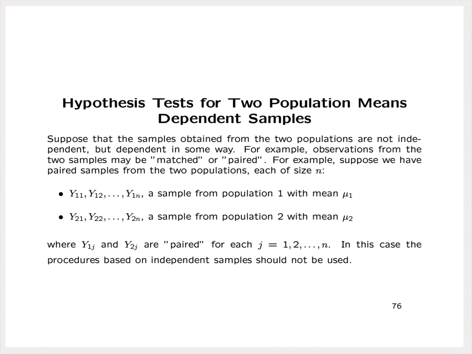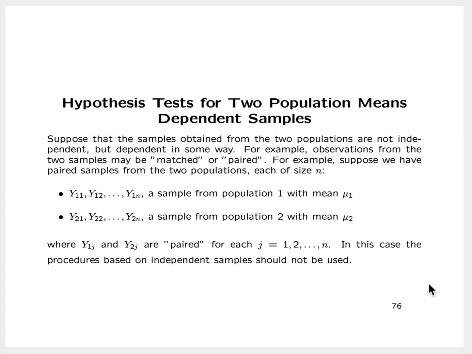Now in this lecture video, we're going to look at how to compare the means of two populations using dependent samples. So suppose that the samples obtained from the two populations are not independent, but dependent in some way. For example, observations from the two samples may be matched or paired. For example, suppose we have paired samples from the two populations, the two sample sizes both being equal to